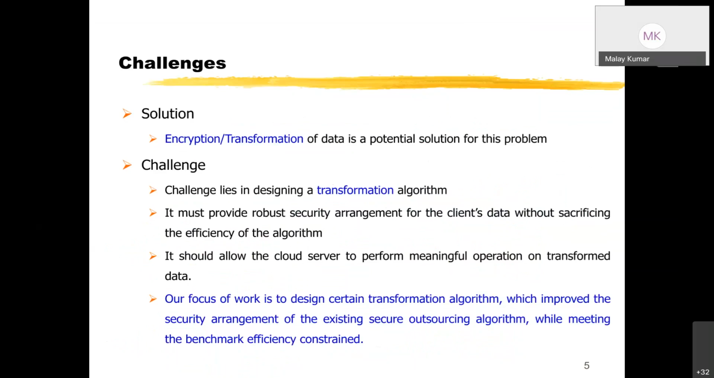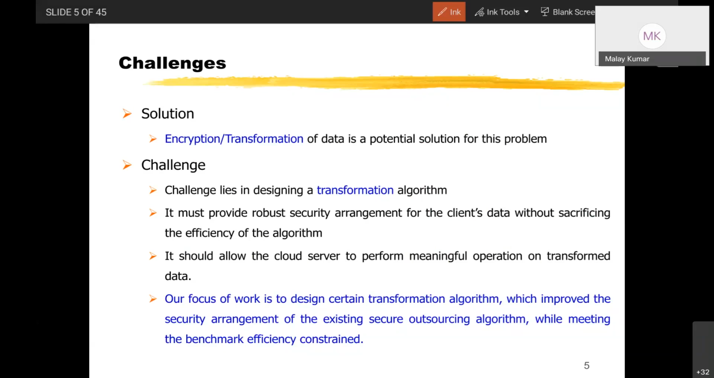Encryption is sometimes also known as transformation. I will explain the word transformation later on. So for the time being, just understand that encryption and transformation are the same thing. So encryption or transformation techniques of data is a potential solution for this problem. However, if the data is stored in the cloud environment, then encryption or transformation could be a possible solution. But this solution is a partial solution because